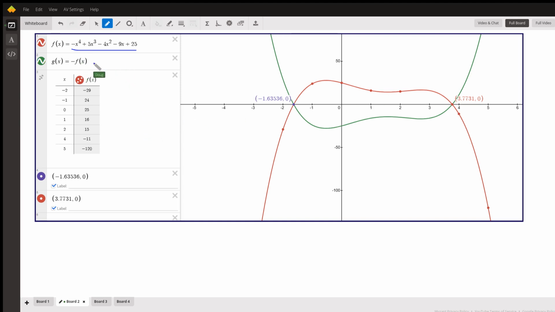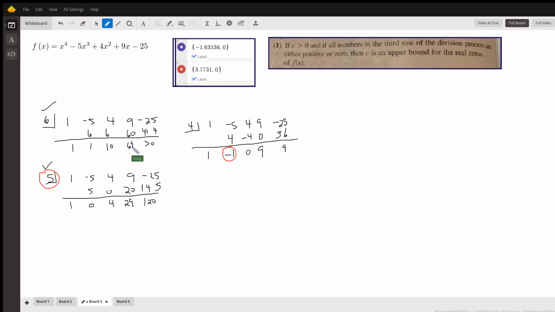So we're going to use 1, negative 5, 4, 9, negative 25 as the coefficients for synthetic division. And for part 1, you can see that one of the real zeros is at 3.77. So just to show you what happens if I try synthetic division by 6 and 4, what the theorem says is that if you do synthetic division by 6, bring down the 1, multiply and add,